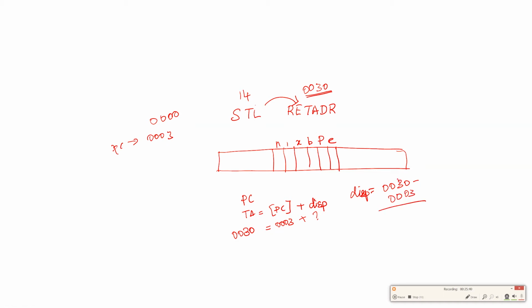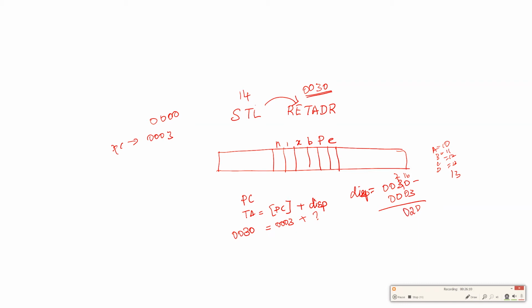In hexadecimal subtraction, it's 2 after the borrow, and 16 minus 3 is 13. 10 is A, so A is 10, B, C and D are 11, 12 and 13. 13 is nothing but D. So this is 2 and this is 0.